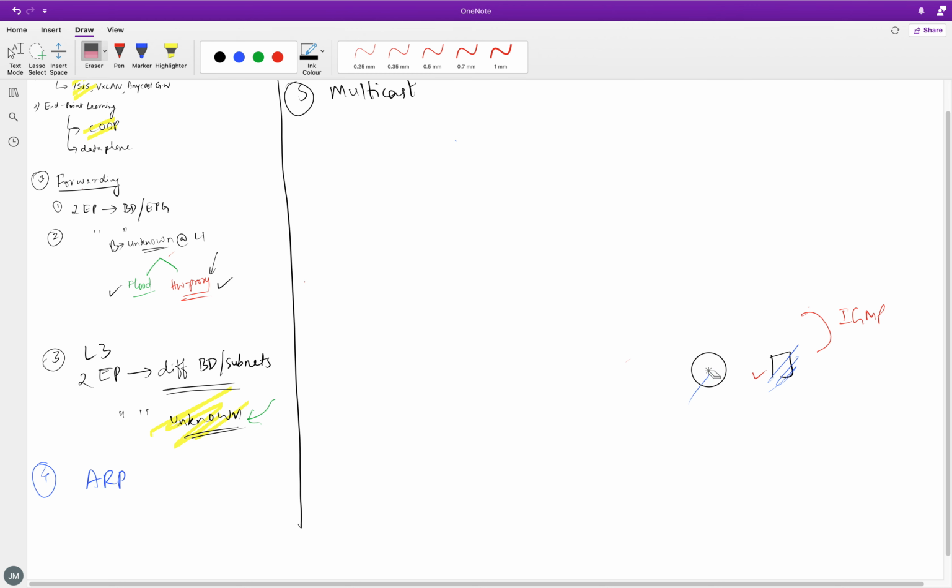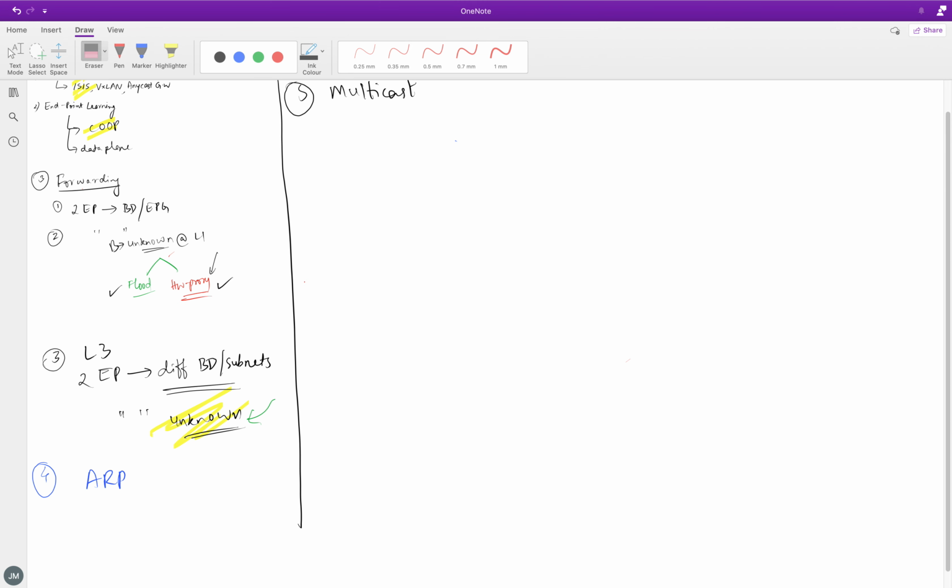So be it unicast, multicast, broadcast, ARP, L2, L3, everywhere they have designed it carefully and tried to make sure that we limit flooding and limit all the unwanted traffic. All right,